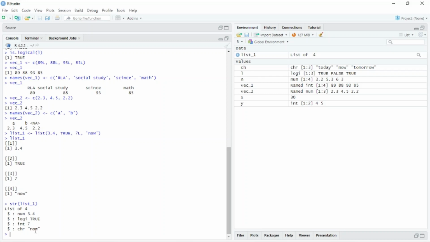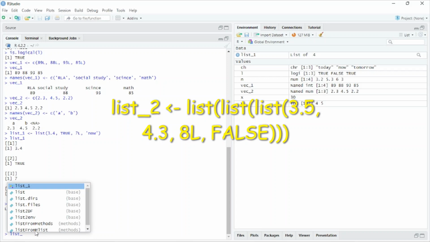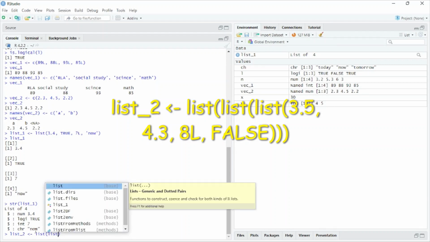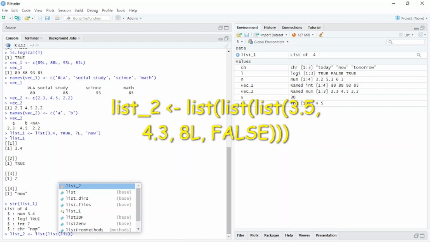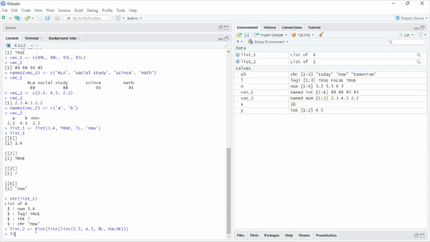Despite this, we can create a list in a list. For example, here I just type here list 2, list, and here I can type here 3.5 comma, 4.3 comma, L comma, false and enter. Now here when I type here list 2 enter,